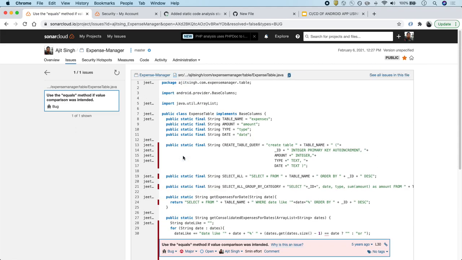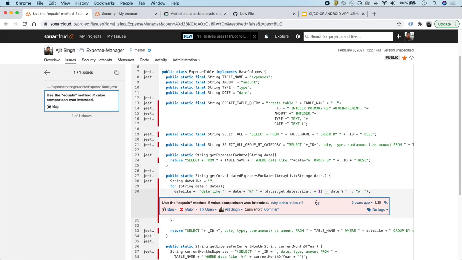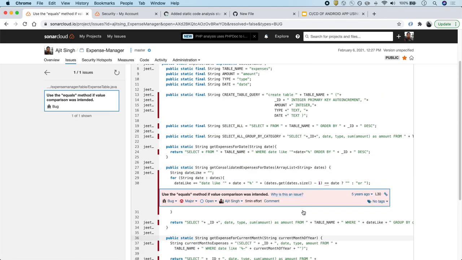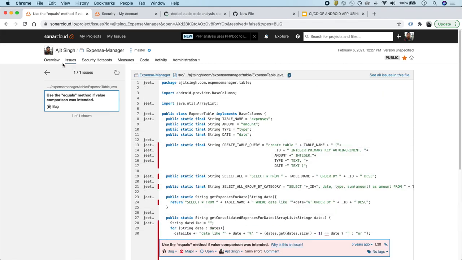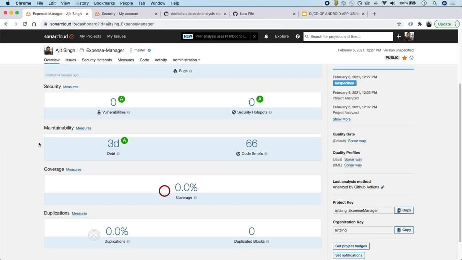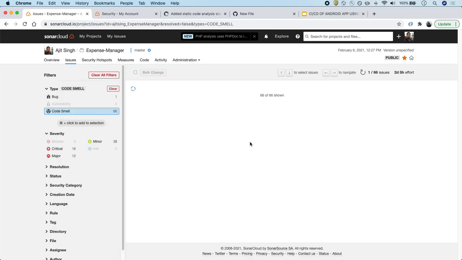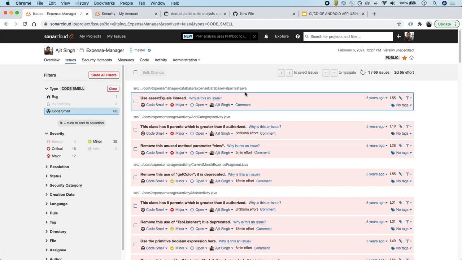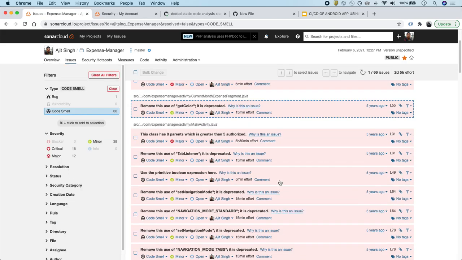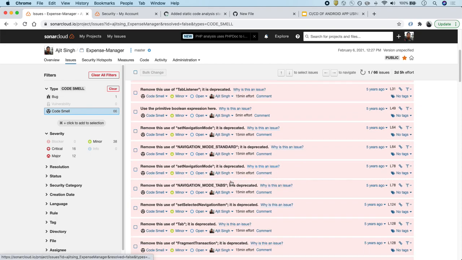Okay, so it says that in this particular class expense table there is one issue, so we should be using equals instead of double equal to. That's a bug that it has spotted. Then there are 66 code smells as well, and you can look at them in detail. There are around 38 minor, 16 critical, and 12 major code smells.